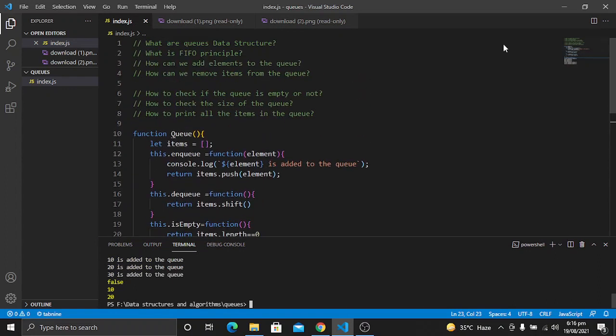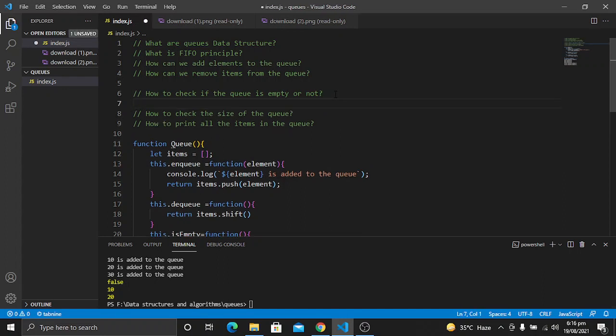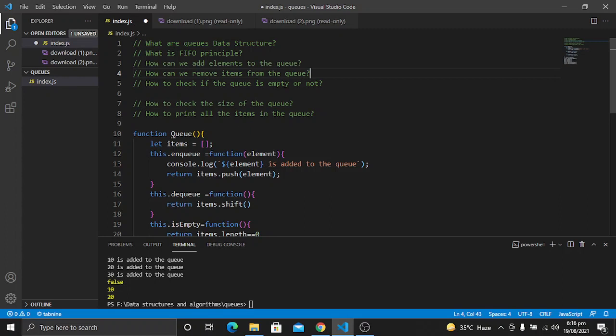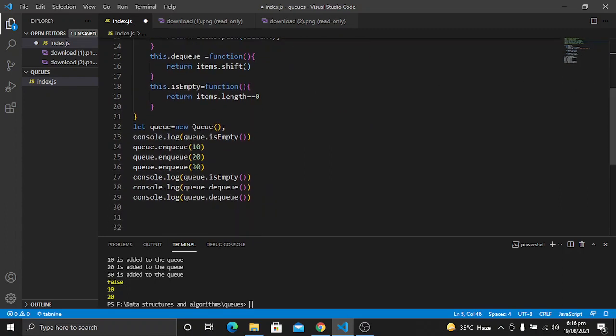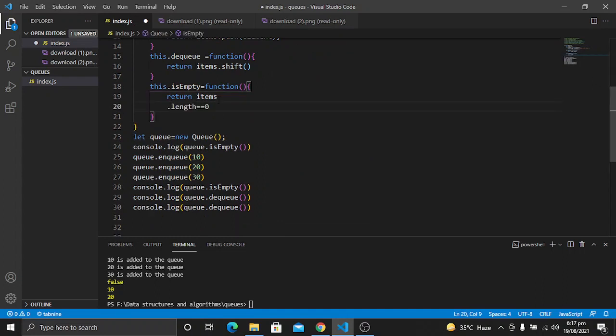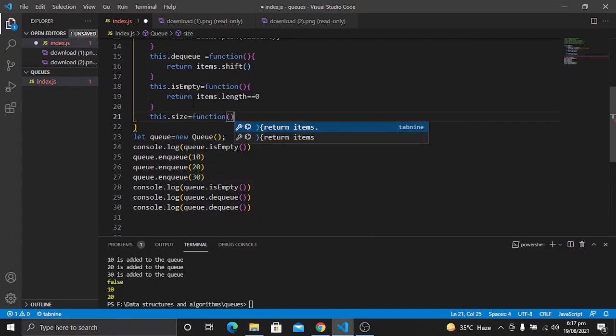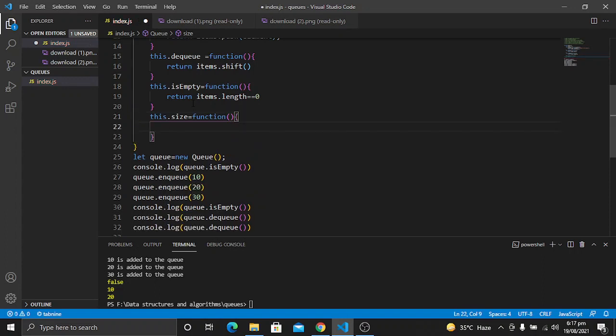Now the next step is going to be to check the size of the queue. So we will create a function which will check what is the size of the queue. Let's create a new function with the name of size. What we want to return from this function is the length of our array, or the length of our queue, which will be a very simple one.